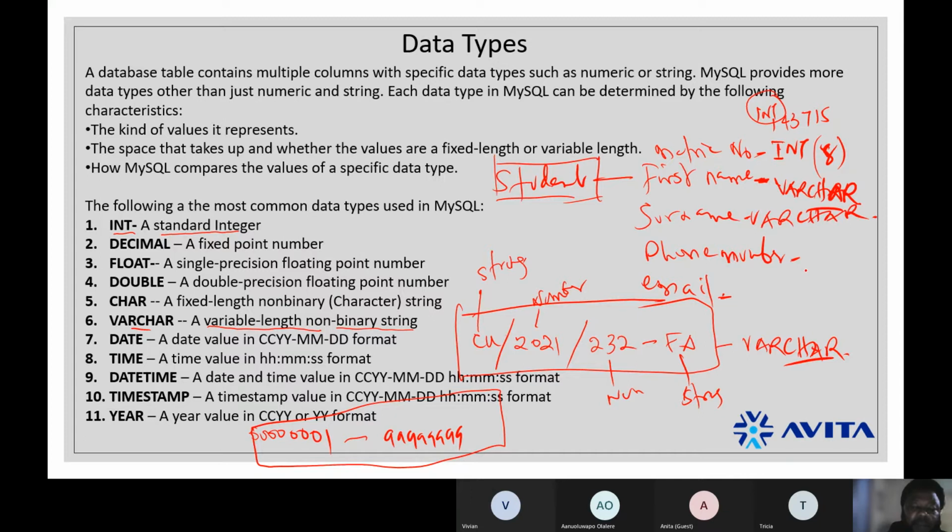right? Phone number, right? If your phone number is going to be just 0802 9327 302, right? If it's just going to be this, then it is an integer, right?